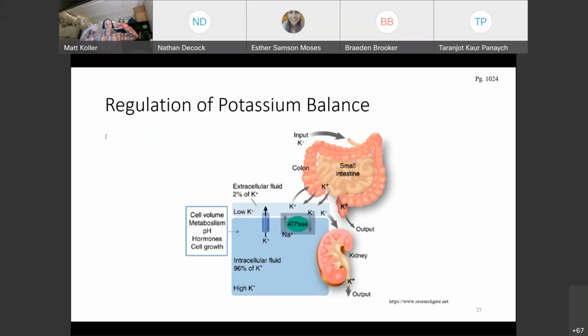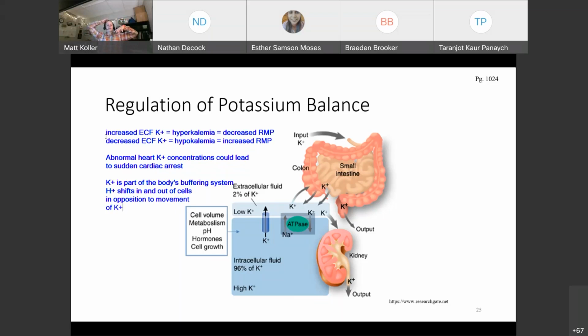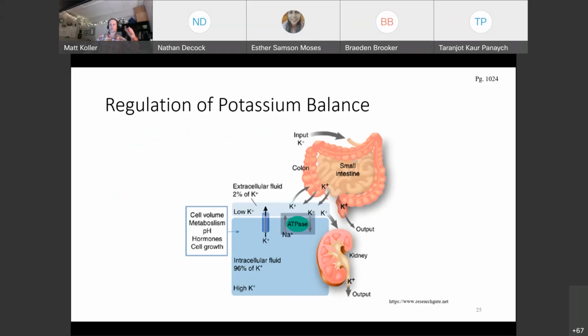So if you're too acidic, the extracellular fluid will have more potassium. And if you're too basic, alkalosis, the extracellular potassium levels will fall. But you want to maintain pH within a certain level, otherwise you won't have excitability of cells. Your cells won't be able to send signals and contract and what have you.